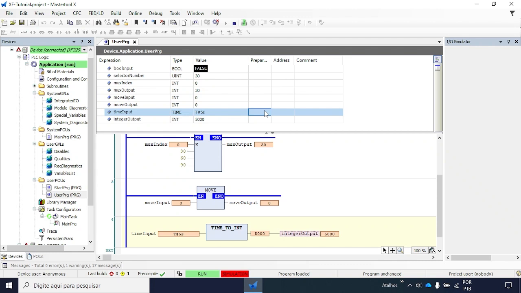And there we go. That's how you use the conversion function block in Master2, and I see you on the